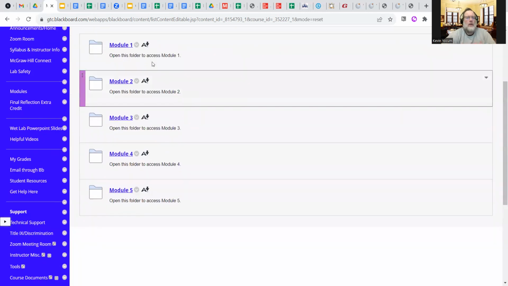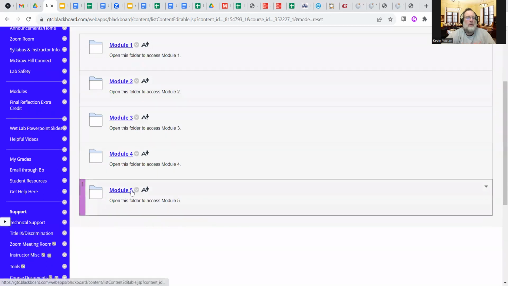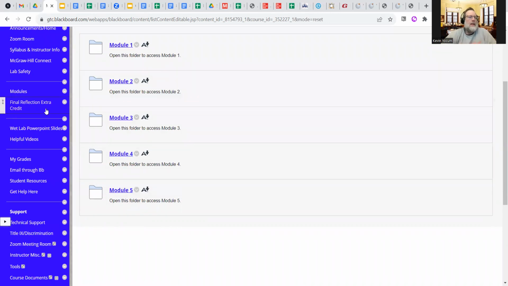And again, you can do that. It's got module 1, 2, 3, 4, and 5. They're all open. You can work at your own pace. And then